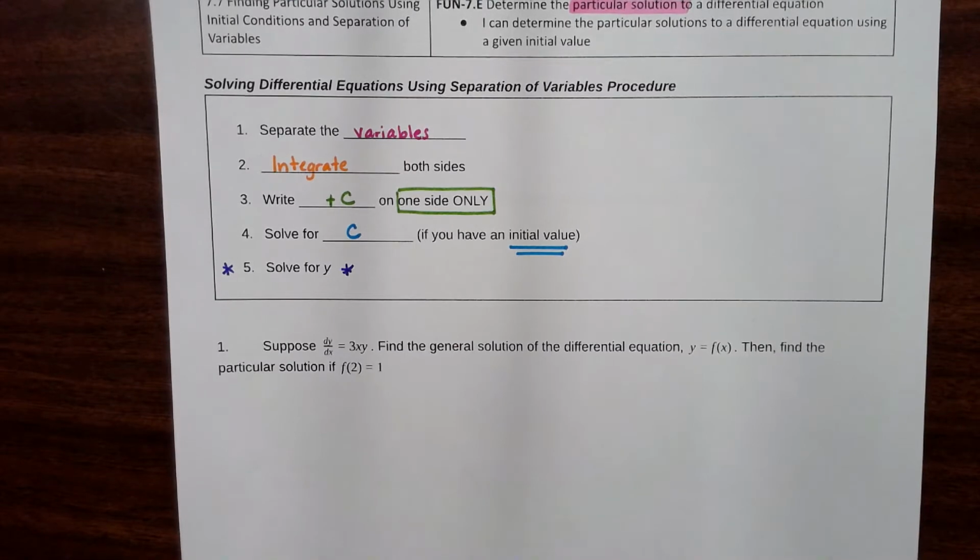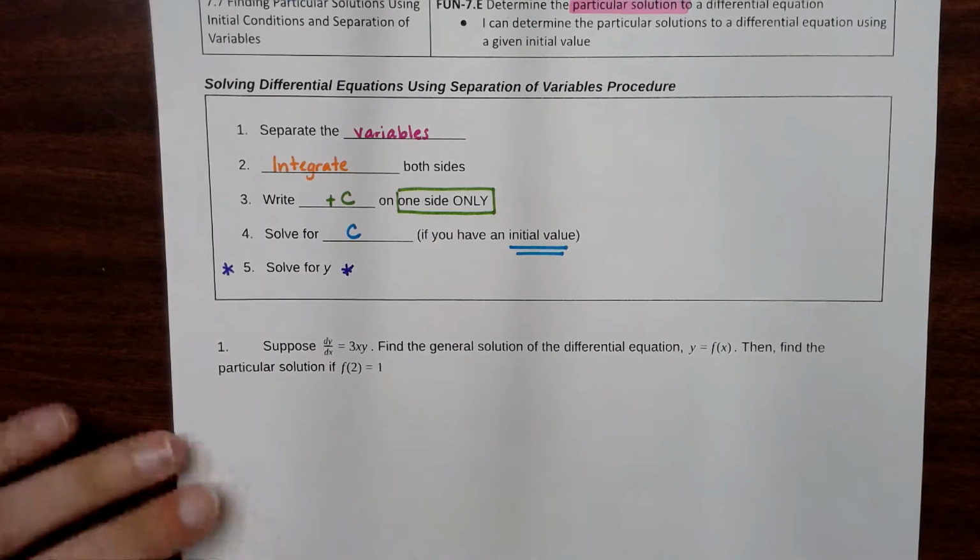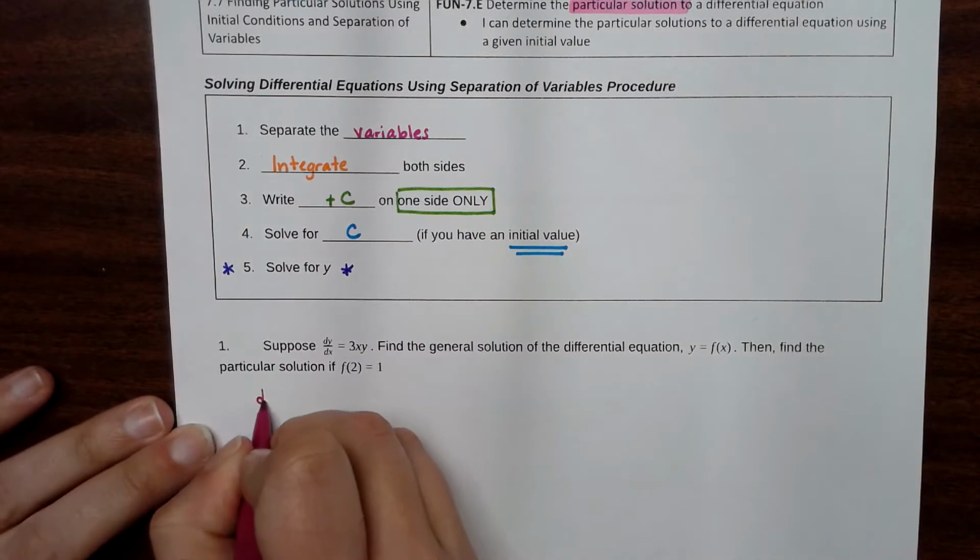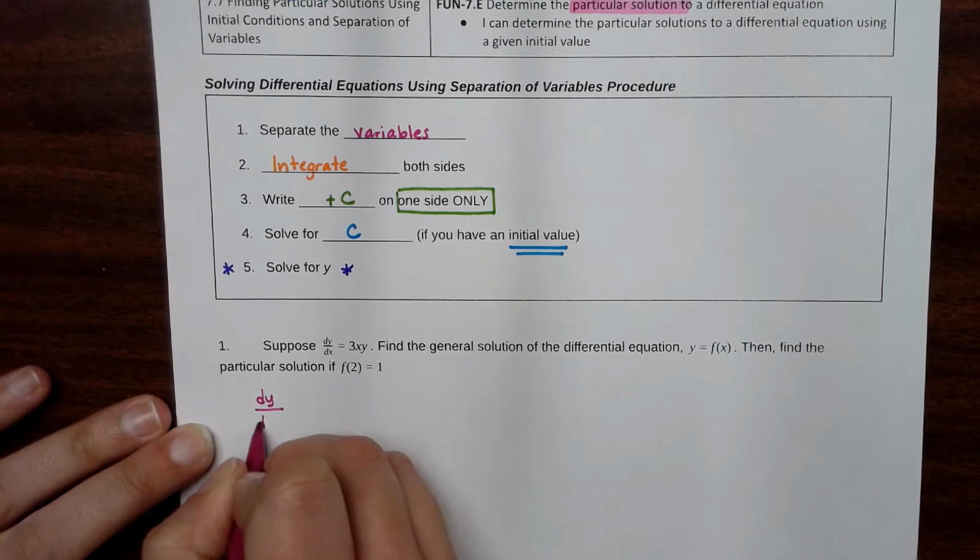So this is a very similar problem to what you might see as part of an FRQ on the AP test. It says, suppose dy over dx equals 3xy. Find the general solution to the differential equation y equals f of x. Then find the particular solution if f of 2 equals 1. So in order to find the general solution, which means your answer has a plus c in it, we're going to take our differential equation that we were given in the original problem,